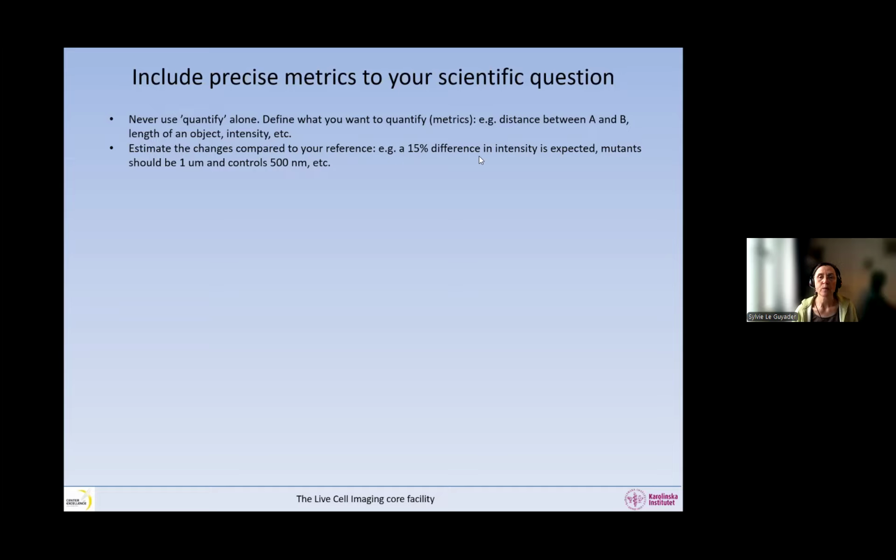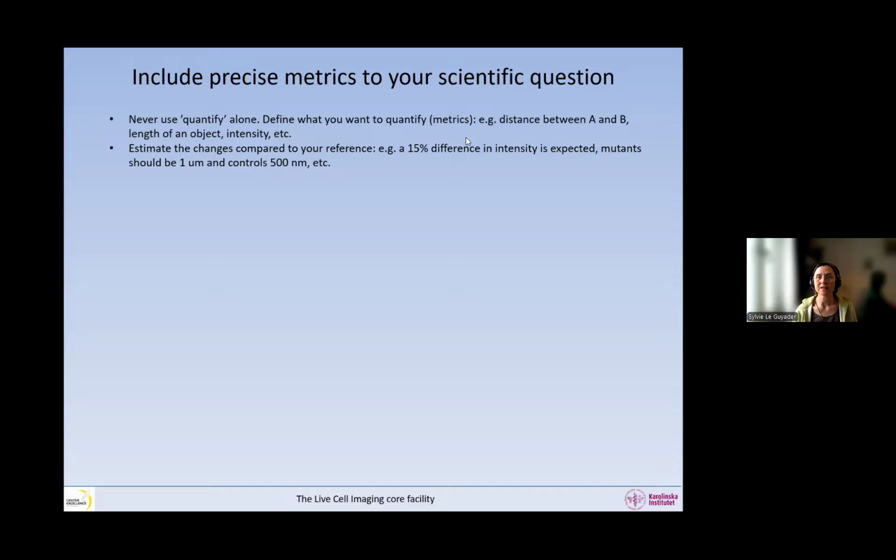So you should estimate the type of changes. If you have a 15% difference in intensity expected between mutant and wild type, for example, you should aim at getting all your settings so that there's nothing that can hide a 15% difference in intensity.